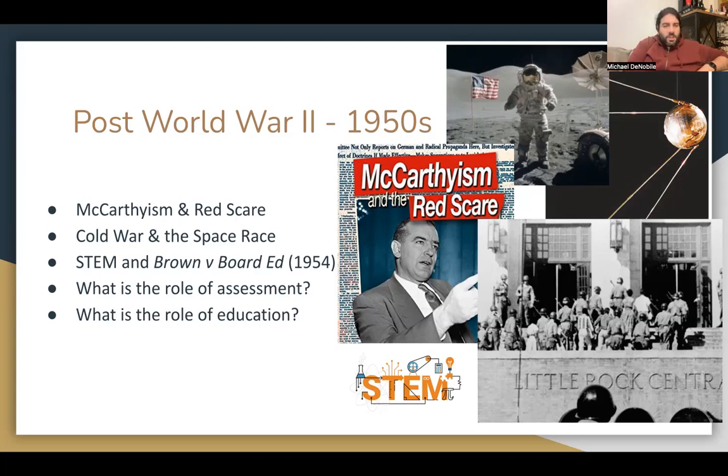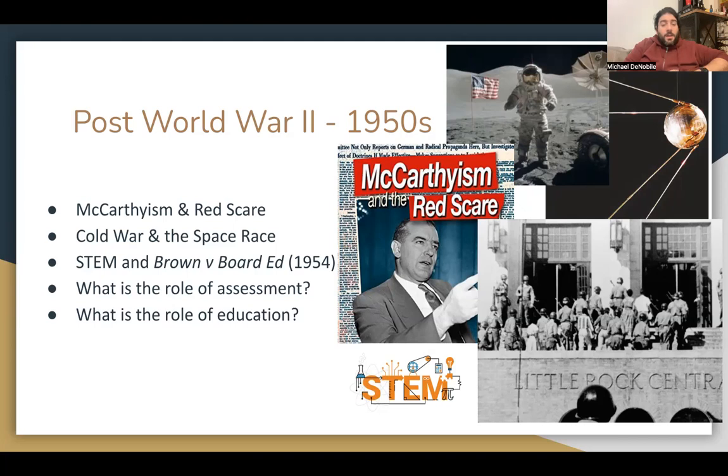When Russia launches Sputnik, it put America in a tight spot, because how could Russia be the first to get to space, even in a material sense? How could they be the first? So the problem was our educational system. We were not preparing Americans to get ahead. So we have the rise of STEM education. If you've ever wondered why STEM education has such a big presence in education today, it started in the 1950s with the space race.